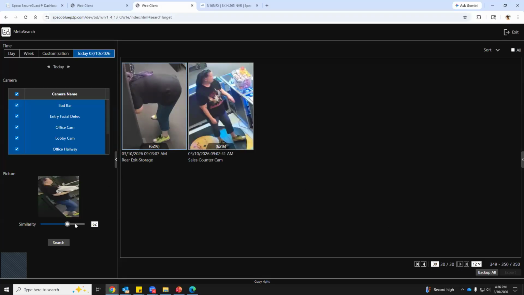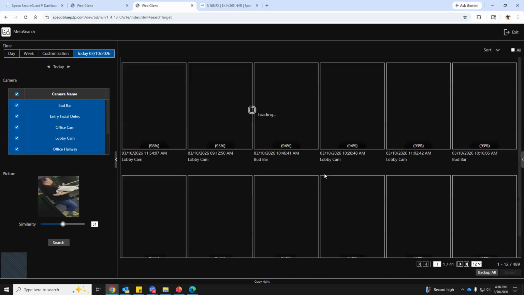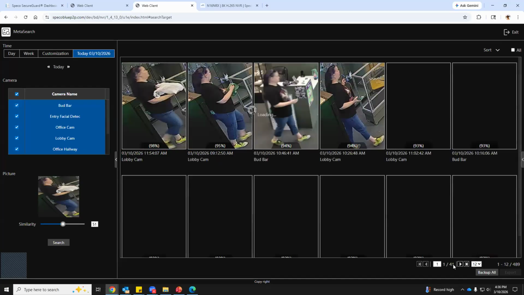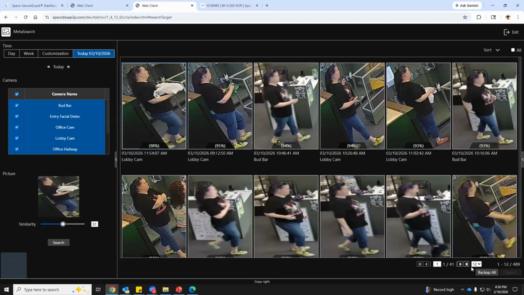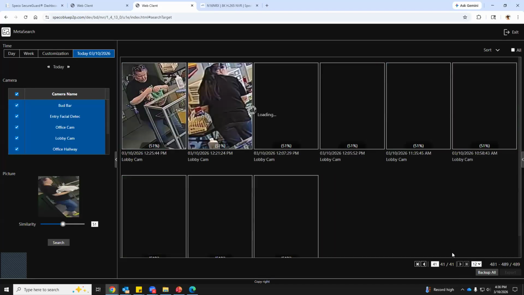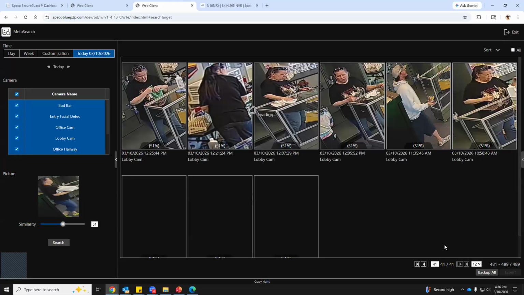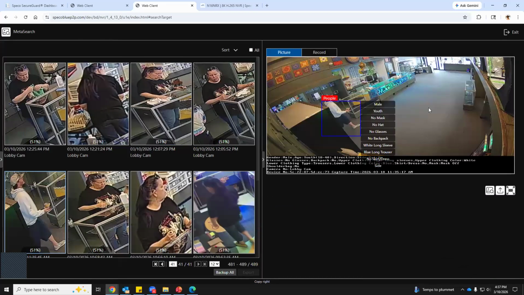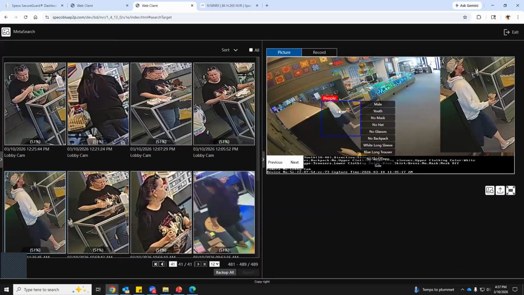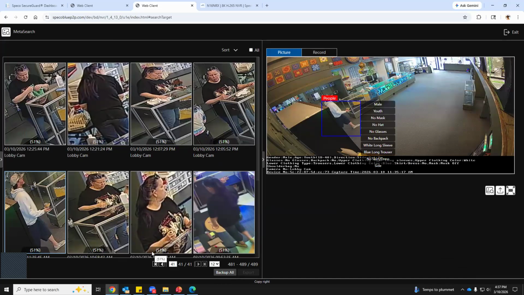So there's always a point where, let's just go to the last page, and you'll notice I'm still on her. But if I keep lowering this down, there's going to be a certain point where now there's 41 pages, and it's going to be somebody else in a black shirt wearing jeans that has similar attributes. Let's see if we can. There you go, right? Now she could still be in this image. Let's see if she's still here. No, this is obviously not this person, but we've reached a certain point,